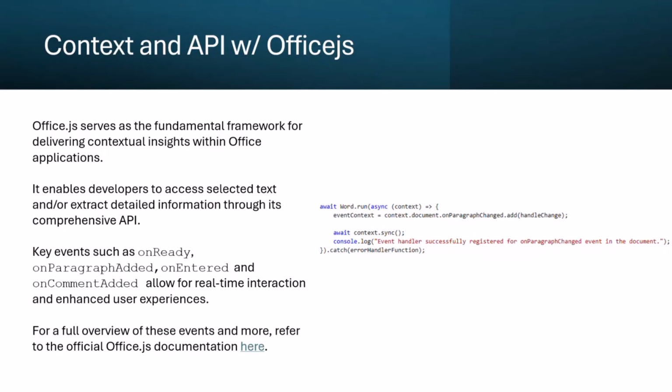There's an on paragraph changed event, and I'm going to add my own handle change event. So when someone makes a change, I can see what that change was, what the old value of the text was, or the event, and the new, and then process that accordingly. This slide, we can send those links, or David will in the chat, to all the documentation for